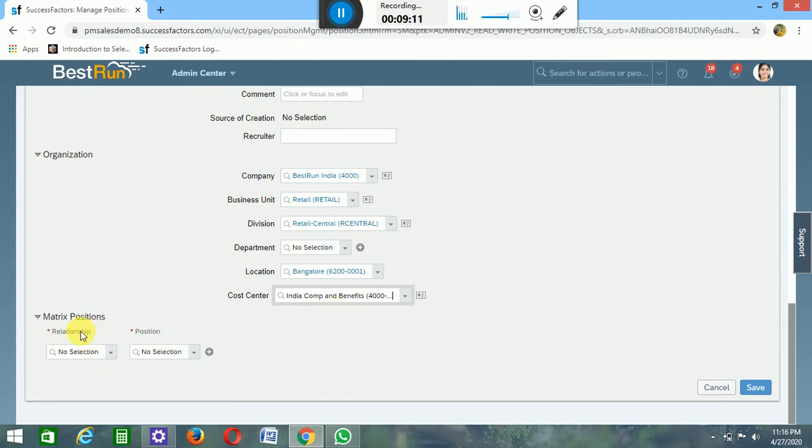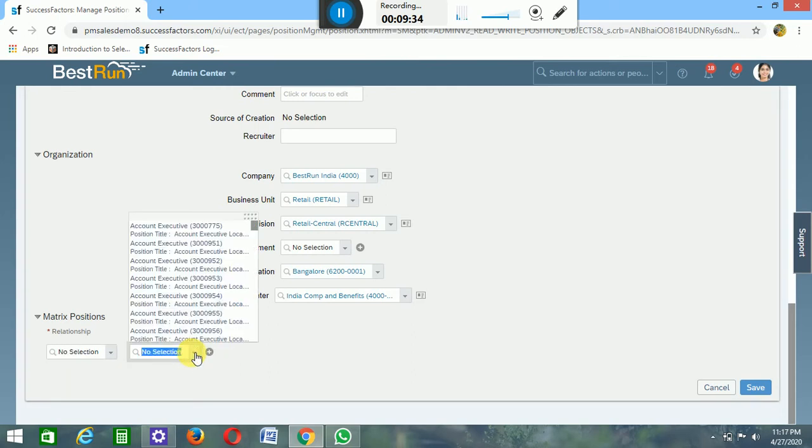So when we come to matrix position relationship, we have so many options like additional HR, matrix manager. This will be reflected in employee: when you are adding an employee, there is somebody called a matrix manager, and under that it will show you this one. So later on you will understand what exactly it is.